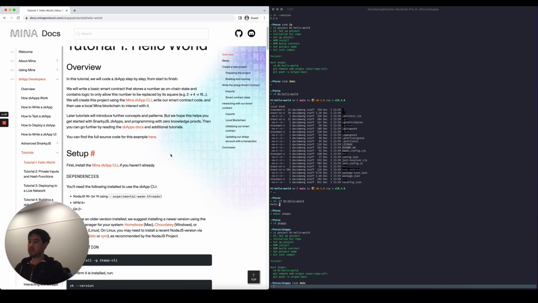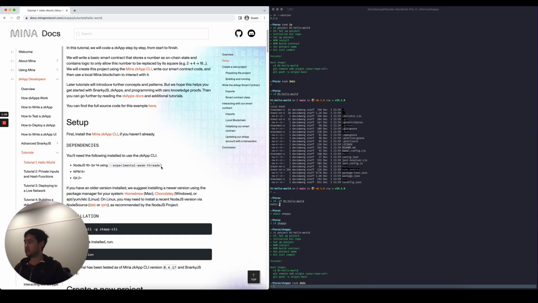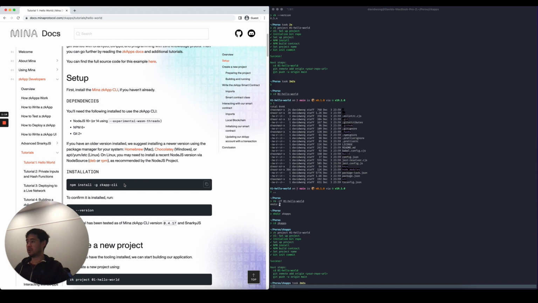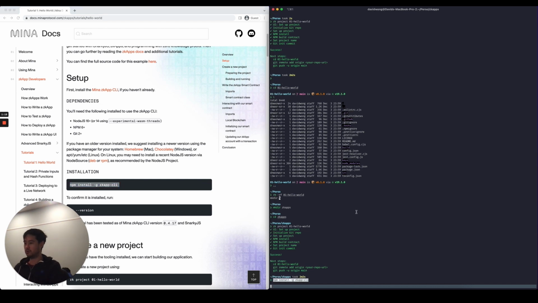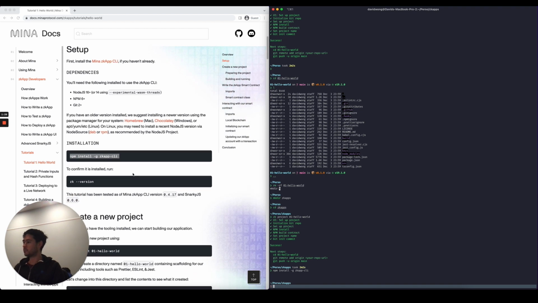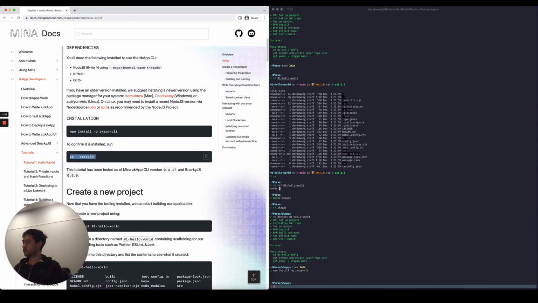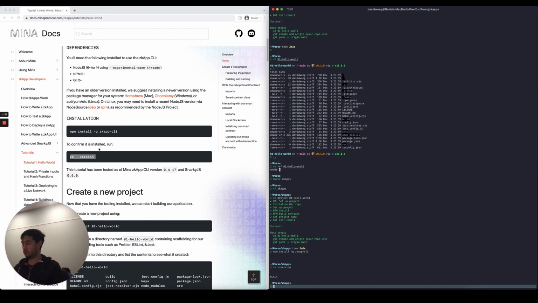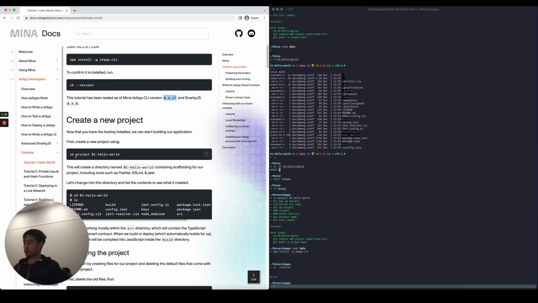To create a zkApp, you actually have to set up the zkApp CLI. It takes a bit of time to install it depending on your connection, so I've done that prior to this video. I just wrote npm install global zkApp CLI and it just installed it. And then you can confirm the version, I guess, here. Do I have the right version? I do. And then I'm supposed to create a new project by writing zk project and the name of my project,